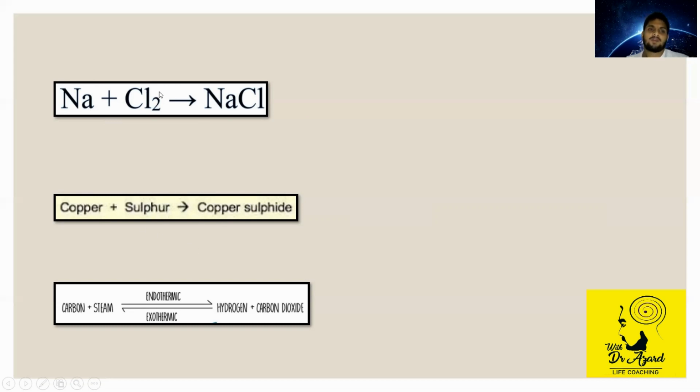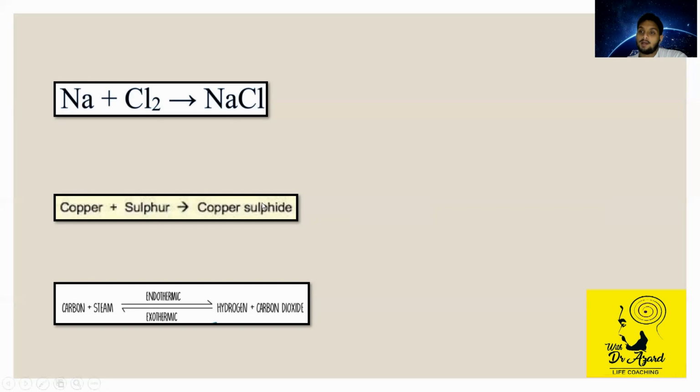Okay, now the thing with symbol equations is that you need to be very familiar with the elements in the periodic table. So for example, here you have Na, so you need to know what Na corresponds to, what's the element. So the element is sodium. So what you could do is just go through the first 20 elements of the periodic table, then you would be fine. Okay, so keep that also in mind.